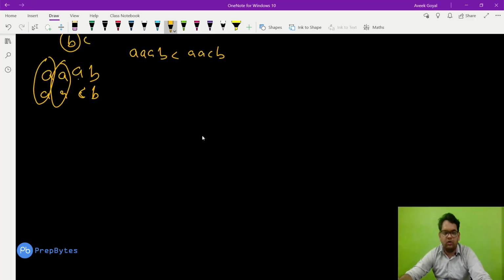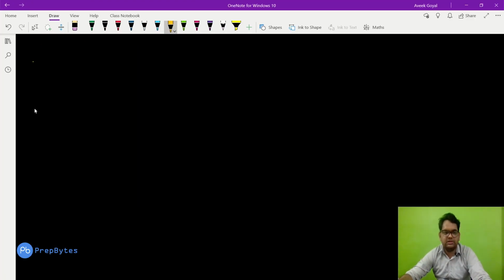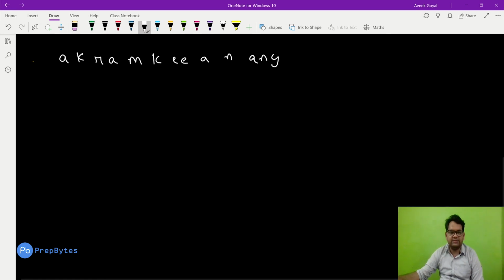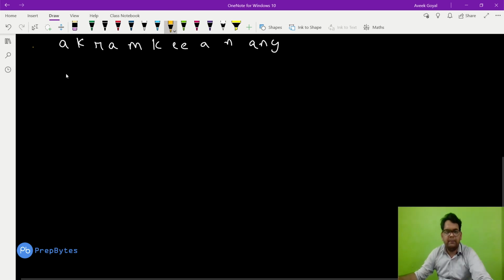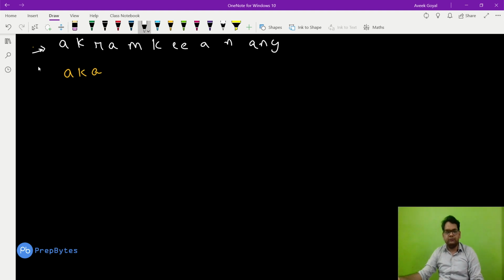Now how will we do that? By seeing the test cases, an approach directly comes to mind. The first test case is AKRA, and the pattern given to us is AKA. Now we need to find the lexicographically smallest anagram of this such that the pattern AKA occurs in it.